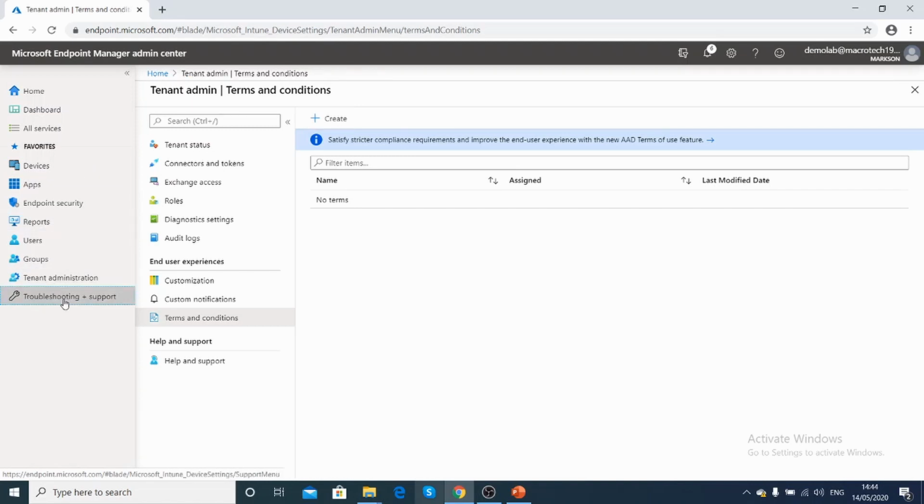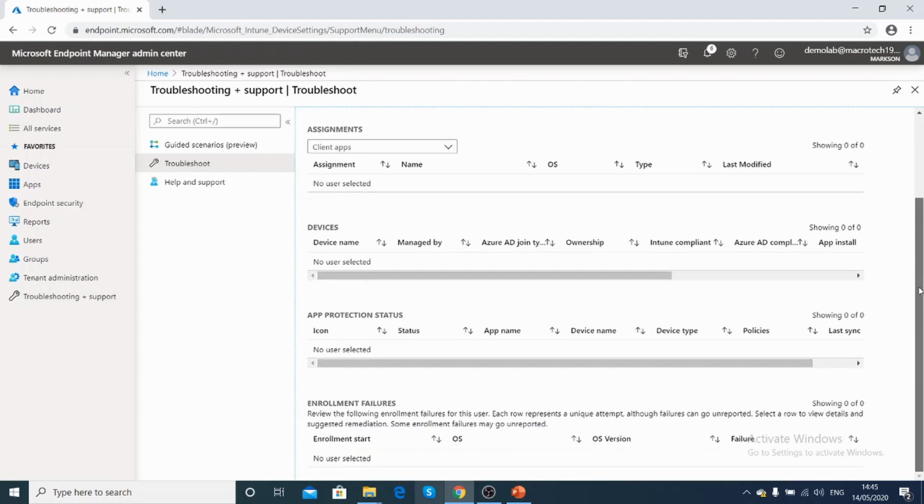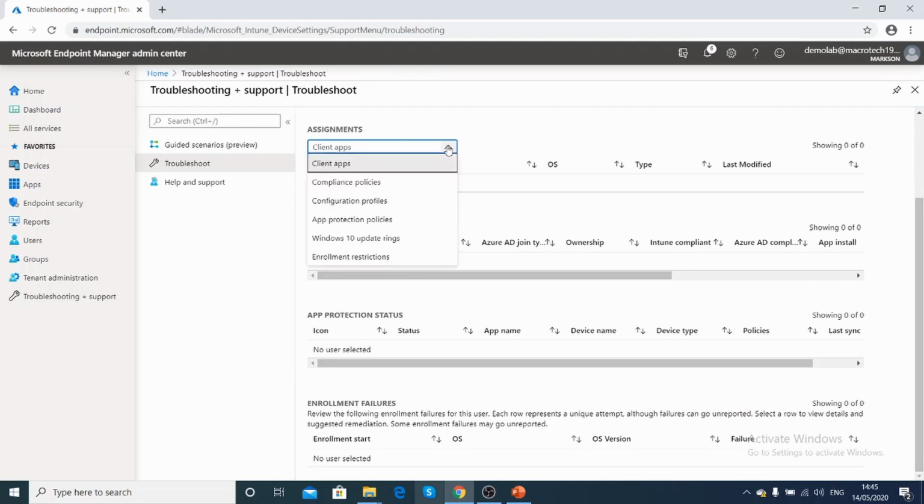And under troubleshooting and support, there are multiple policies available. But if you want to track what are all the policies applied, like RSOP, you can select the user, and you can see what are all the policies that got applied and what is the output, whether it's failed or not. So from here you will have a very good view of what exactly is happening for a specific user. Under assignment, if you choose this option, all the values will show up here. Whichever component you want to verify, you can verify directly from here.